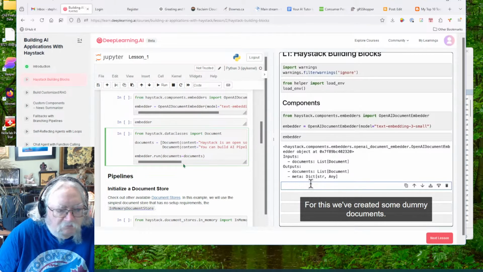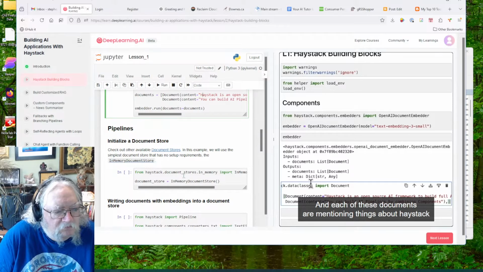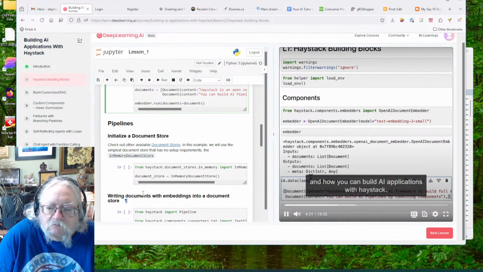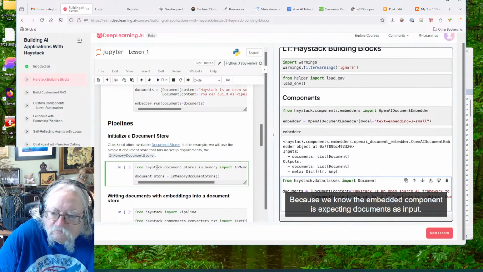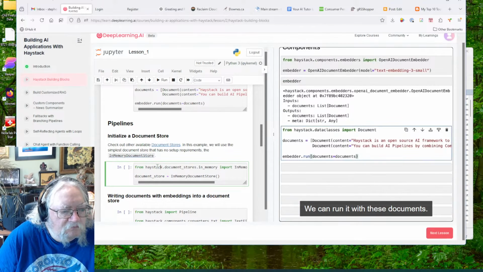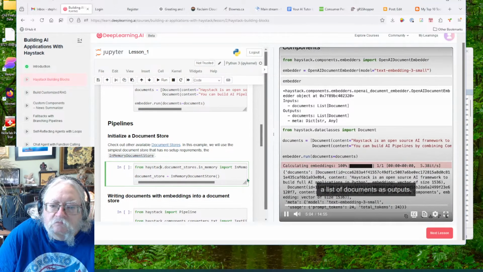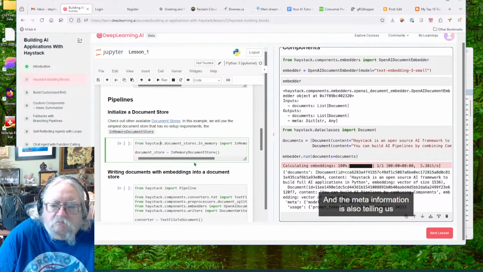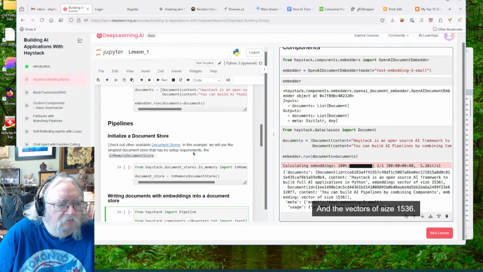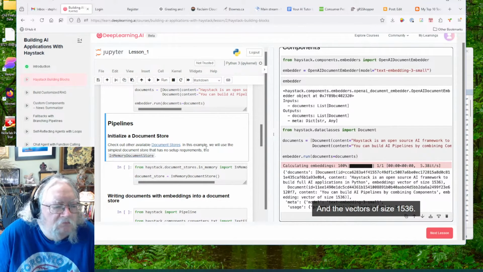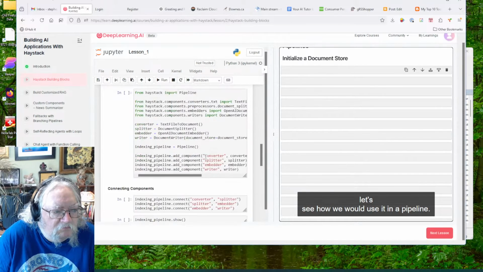For this, we've created some dummy documents. We have a list of 2 documents, and each of these documents are mentioning things about Haystack and how you can build AI applications with Haystack. Because we know the embedder component is expecting documents as input, we can run it with these documents. When we run this component, you'll notice that it's produced a list of documents as output, and the meta information is also telling us what kind of model was used to create these documents, and the vector of size 1536. Now that you know how to use a component on its own, let's see how we would use it